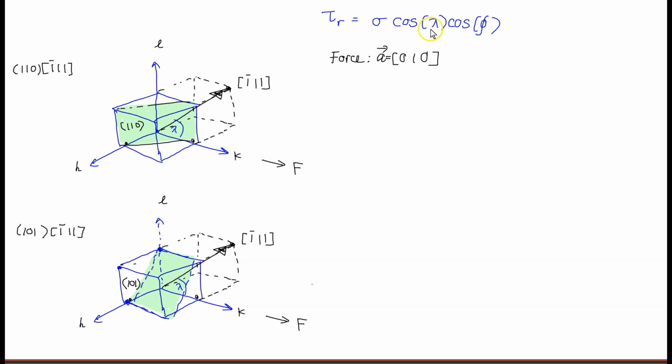Now, next thing we need, of course, is the direction, the slip direction. So we can call this S sub D, which is 1 bar 1 1. Okay, now how do we find the angles between this? We can very easily use the property of dot products. So with dot products, we know that if we have two vectors and we take the dot product of them,